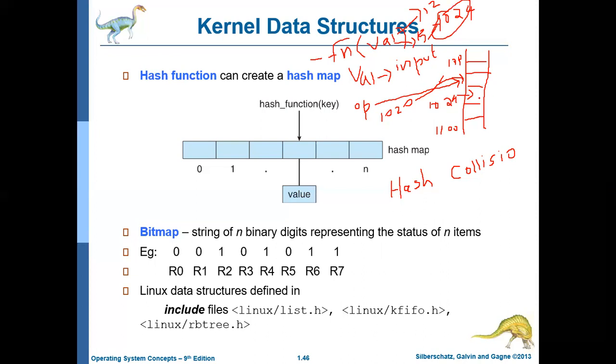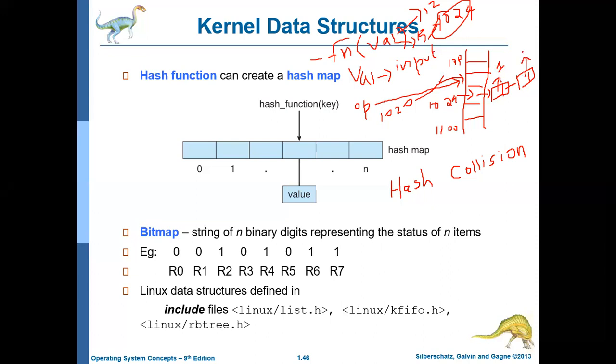Now it means that for both inputs the operating system is asked to execute the same instruction, which may not be the case. In that case, this hash collision can be overcome by using a linked list. Instead of storing an instruction here, the operating system will store a linked list here. Since two values match the same location, it will maintain a linked list with two nodes. This will have one instruction, and this may have some other instruction.